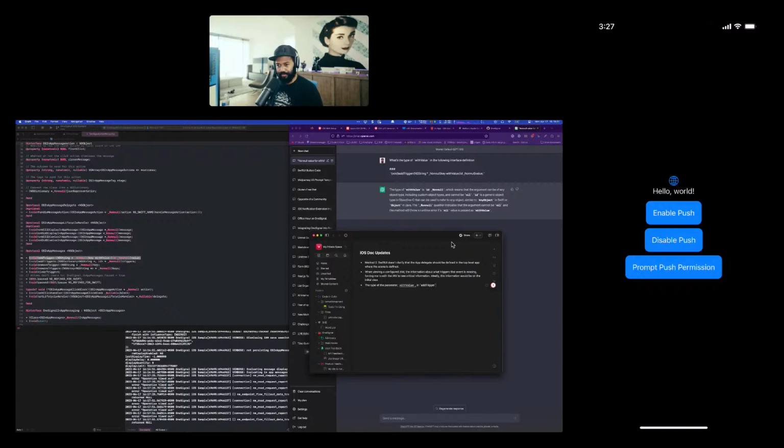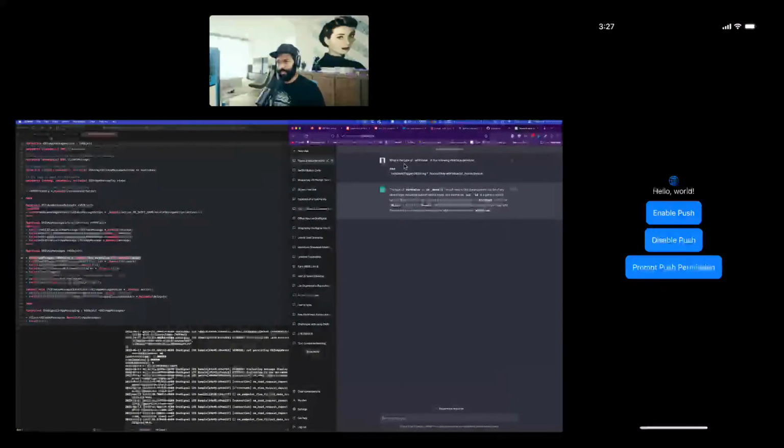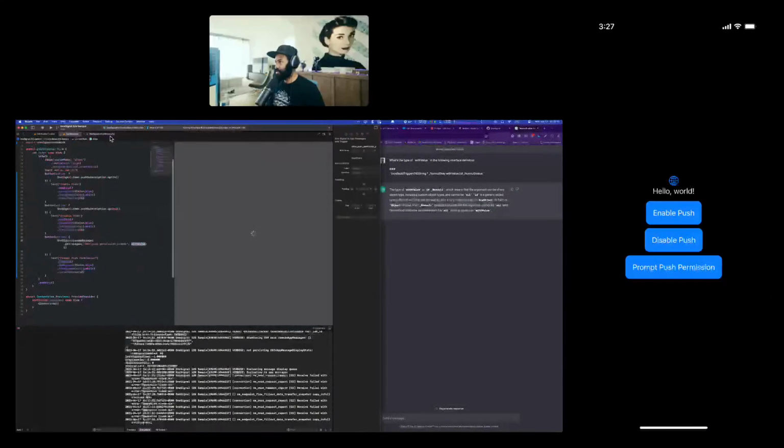Add trigger function. All right, so already we've discovered an issue.